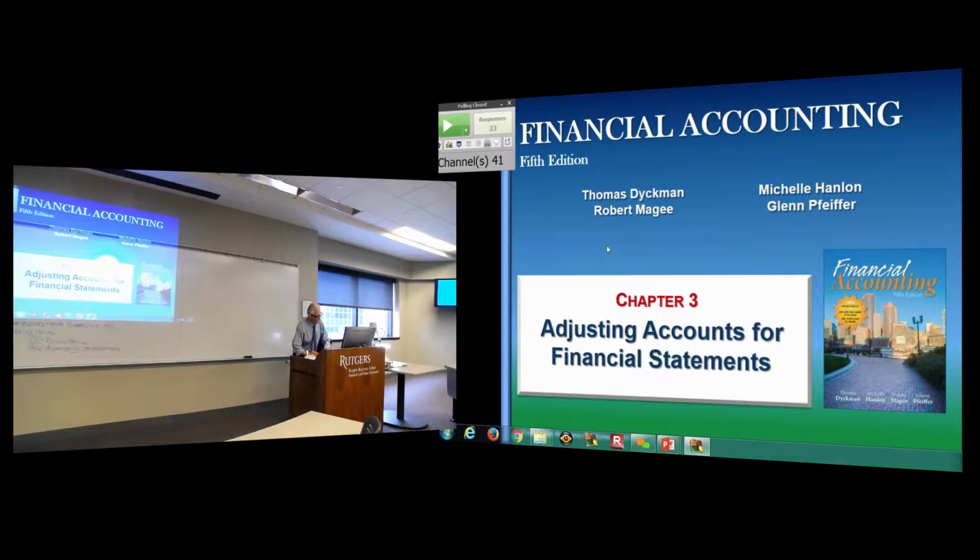Now we're going to reach the point where we're going to use the T accounts to record financial statements. But not all of those accounts are corrected or adjusted by the end of the year. A perfect example of the need to correct the accounts is what we looked at with the unearned revenue. So for example,